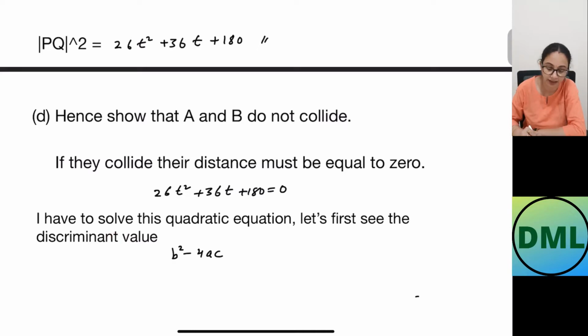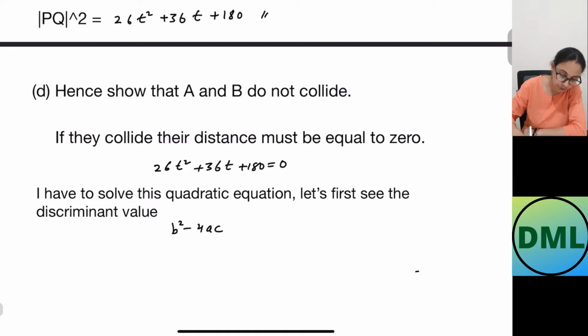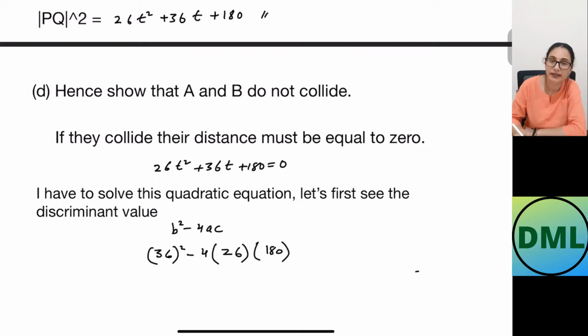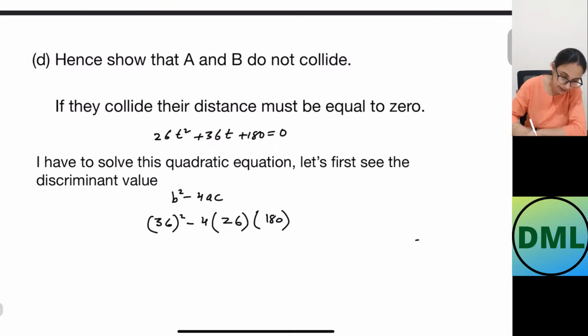What is the discriminant? b square minus 4ac. So the value will be b, which is 36, the whole square, minus 4, a is 26 and c is 180. Now I need to solve that. 36 square will be given by 1296, and then minus 4 times 26 times 180 will be given as